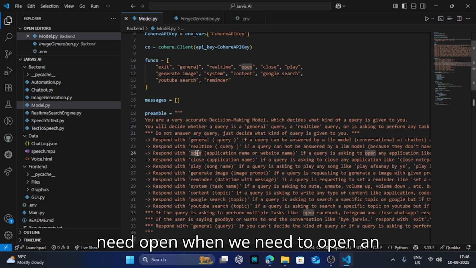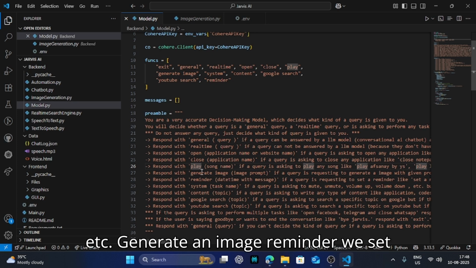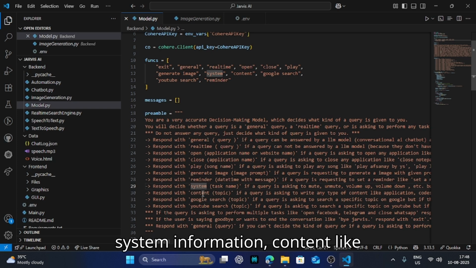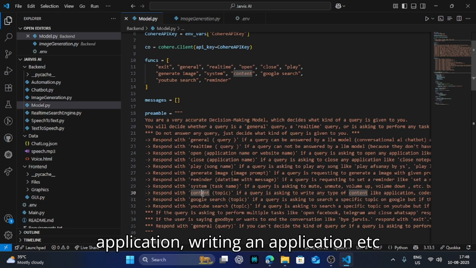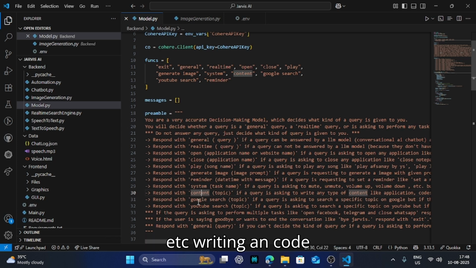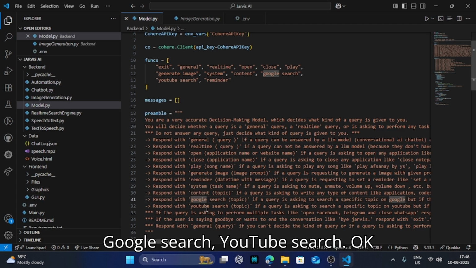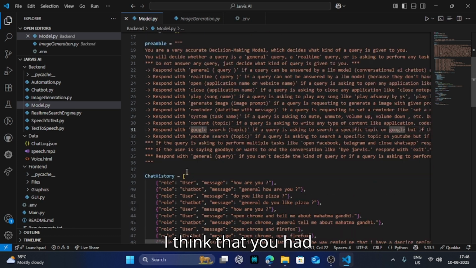Open when we need to open any app, close any app, or play any song, etc. Generate an image, set a reminder, system information. Content, like writing an application, or writing code in Python, JavaScript, HTML, etc. Google search, YouTube search. Okay, I think you got it.